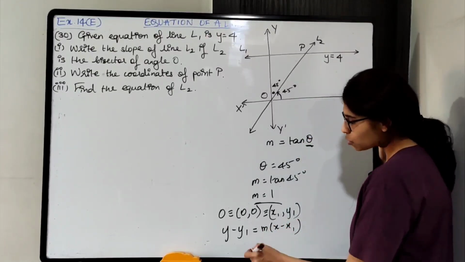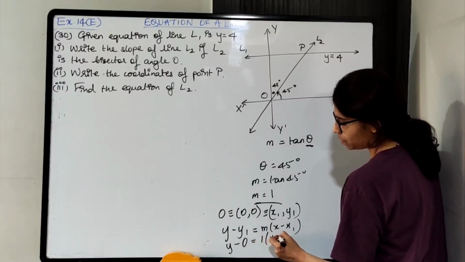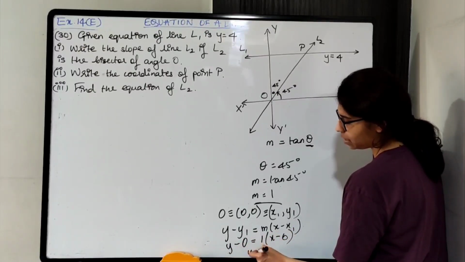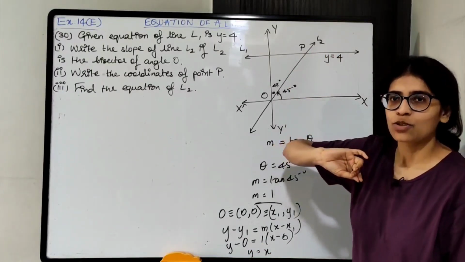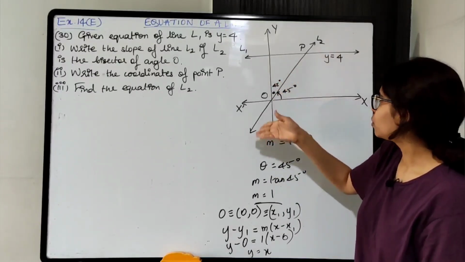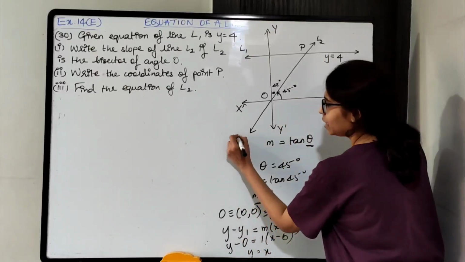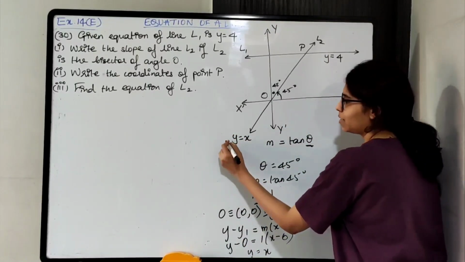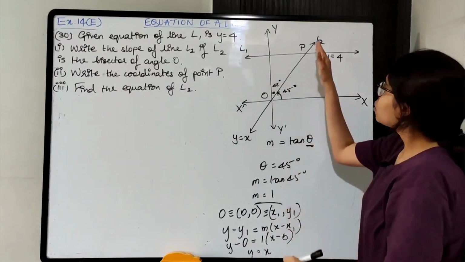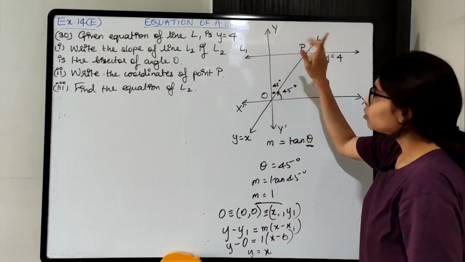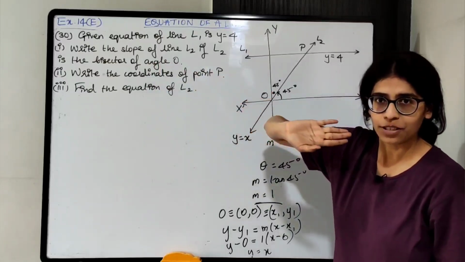Okay. So it's very easy. y1 0 है, m1 है, x1 0 है. So you are going to get y is equal to x. Okay. x and y का value same मिलेगा throughout. So whatever is the x coordinate will be the y coordinate for this line L2. So we got the equation of the line L2. It is y equals to x or x equals to y, one and the same. We got equation of L2. We have equation of L1. Solving the two equations, we'll get the coordinates of P. So first part मिल गया, third part मिल गया, second part find out करना है.